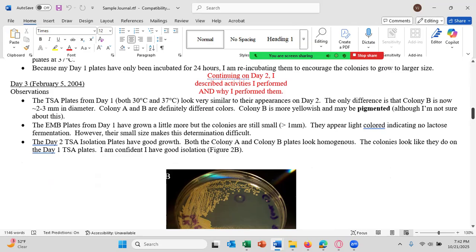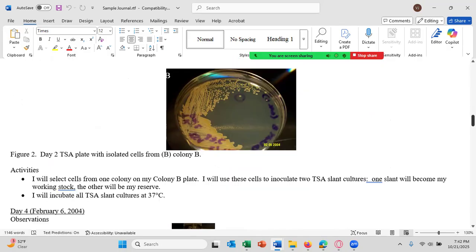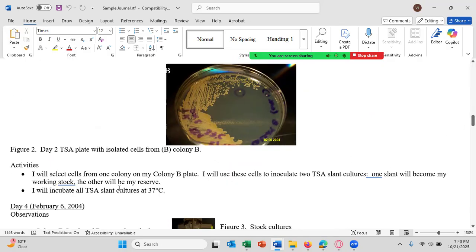And then day 3, looked at the plates, so that's the observation. The activities he did today is he selected cells from one colony, colony B, probably there, and used them to inoculate 2 TSA slants to set up the stock culture. And then he'll use the stock culture to run every future test,